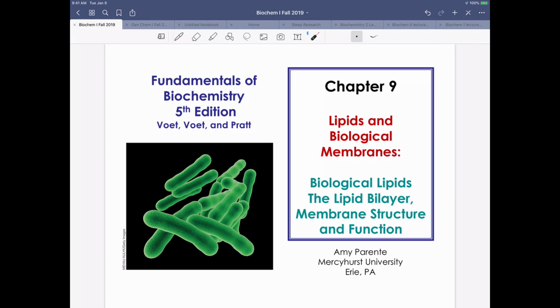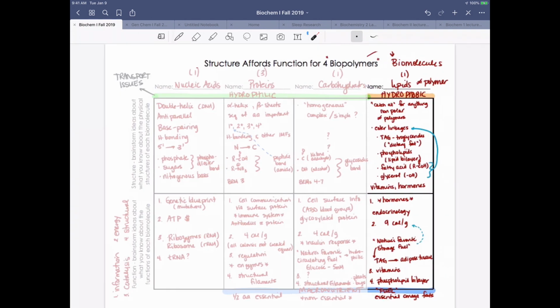So learning unit 6 on lipids is probably going to be the shortest learning unit in terms of content that's required for the in-class portion, but a significant portion of your take-home is going to have questions derived from this. So again, using sort of this chart that we made at the very end of our first learning unit,